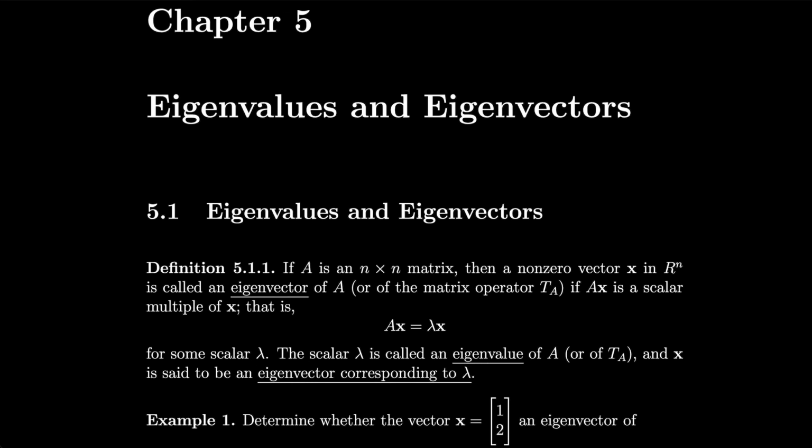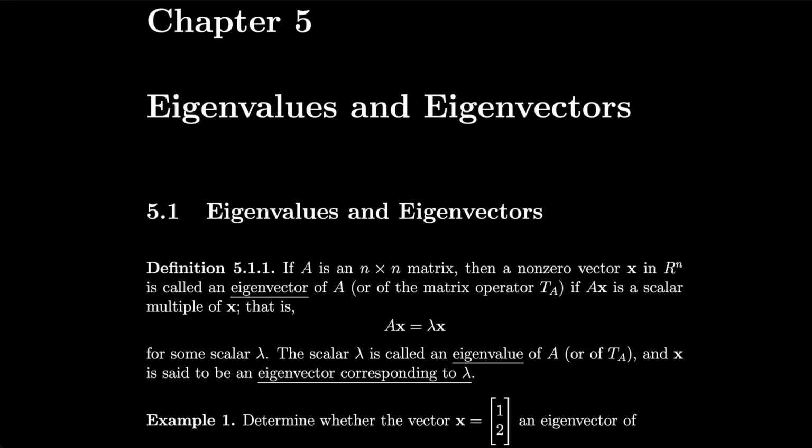Chapter 5, Eigenvalues and Eigenvectors, Section 5.1, Eigenvalues and Eigenvectors. If A is an n by n matrix, then a non-zero vector x in Rn is called an eigenvector of A, or of the matrix operator T_A, if Ax is a scalar multiple of x. That is, Ax has to be equal to lambda x for some scalar lambda. The scalar lambda is called an eigenvalue of A, or of T_A, and x is said to be an eigenvector